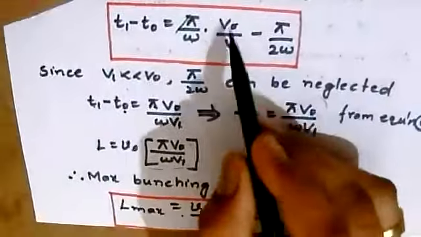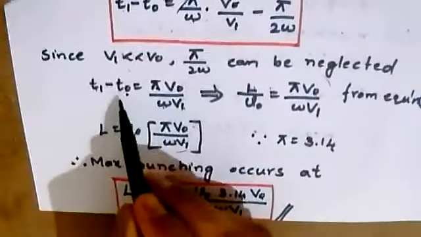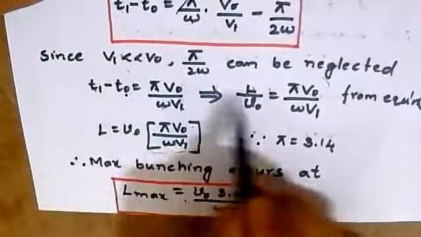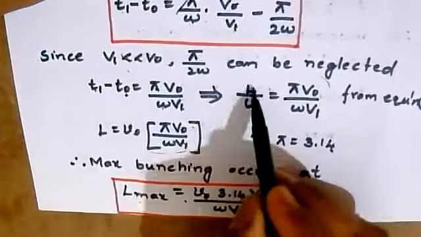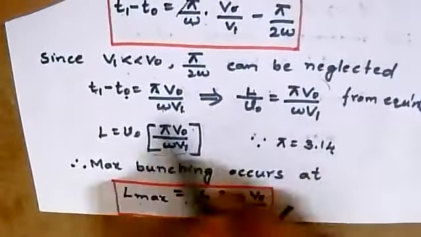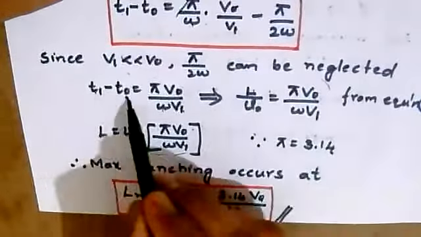And I am considering the same equation over here. And this T1 minus T0 from equation 6, we can take as time is equal to distance by velocity. And replacing this by L into V0, this T1 minus T0 is replaced by